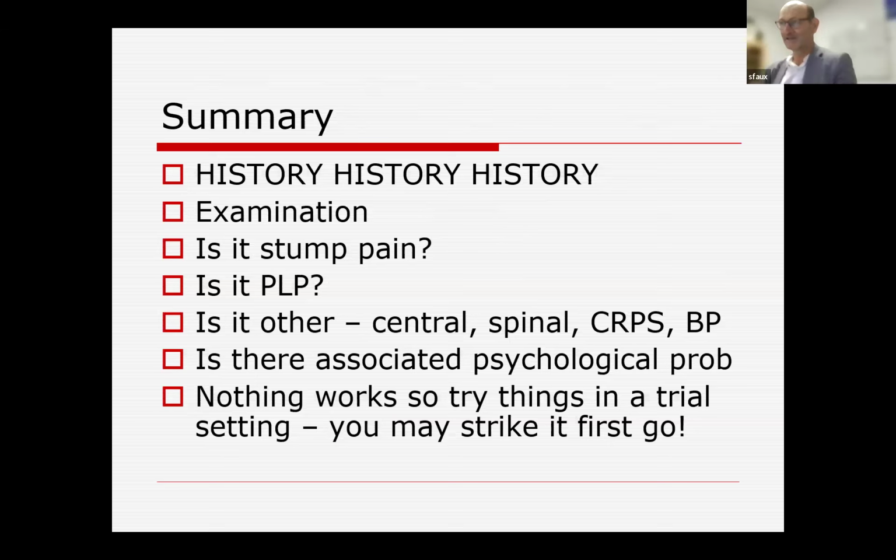So in summary, take a history. Examine the patient. Is it stump pain or is it phantom limb pain? Is it any other cause? Is it a central cause? Have they had a stroke? Is it a spinal cord? Is it a nerve disc? Is it complex regional pain syndrome with pseudomotor changes? Or is it a brachial plexus or lumbar plexus injury? Is there any associated psychological problems? Is there depression or anxiety? Nothing works, so you should try things in a trial setting before you go on,